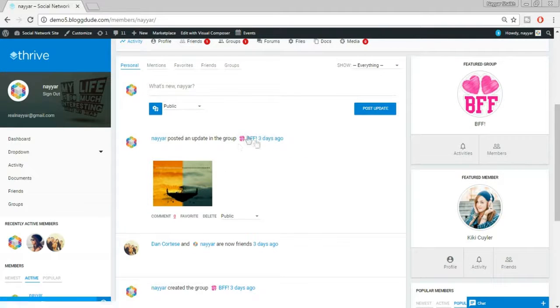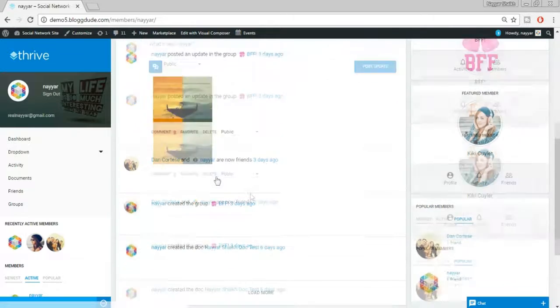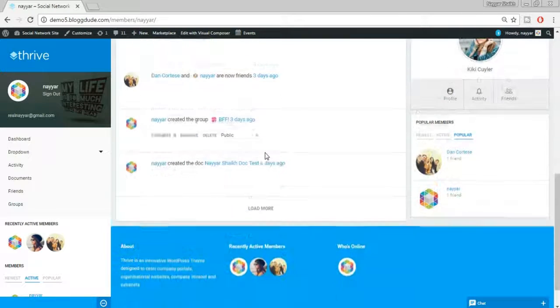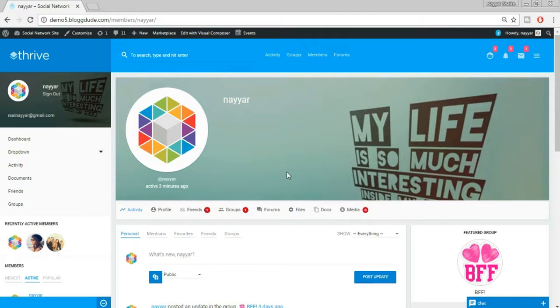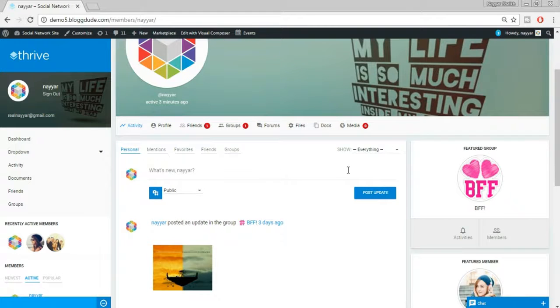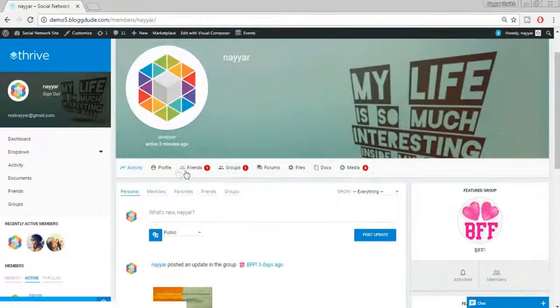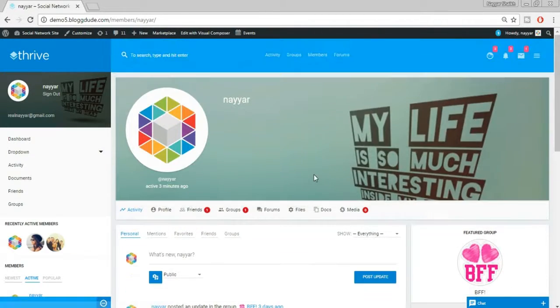For example, I have posted a photo and image in a group which says Nair posted an update in the group. And you can also see the image of the group, the logo of the group, and the name of the group 3 days ago. Okay, I can delete this. Anyone can favorite this. So you also have this option. Okay, and I can customize my profile page, or your user can customize their profile page according to their need, according to their wish. Okay, so this is how a profile page looks like,